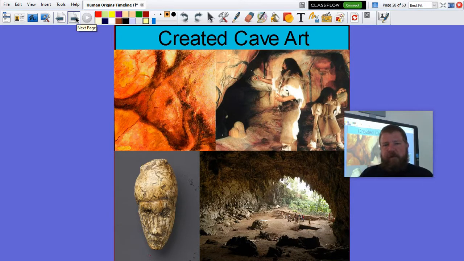Talking about traits, they created cave art. We always think of the idea of cave art, cavemen and sketching paintings and that kind of stuff. But the idea that we're leaving permanent representations of what we want to portray to the world, and you think about what's being drawn in these cave art paintings, they're drawing things from the world around them, and they're beautiful, and they're subtle, and they capture a lot of the world. And we have to ask ourselves the question, what's the function of art? And it's to leave a permanent marker